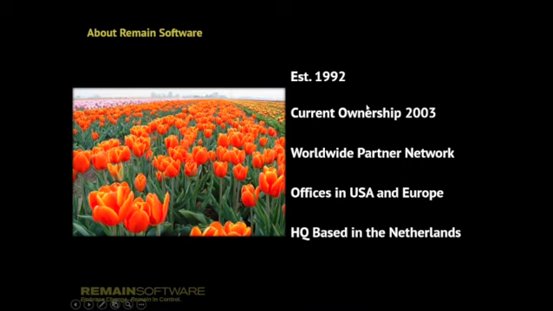Okay, a little bit about Remain Software. Remain means Release Management International. So we have been working on DevOps. First it was software change management, then application lifecycle management, and now it has evolved into DevOps. We have been doing that since 1992, and we have built up quite a presence in that area. We're from the Netherlands, hence the tulip field. When we look out the office window, this is what we see. It's springtime, all the flowers are out, and it's just lovely.